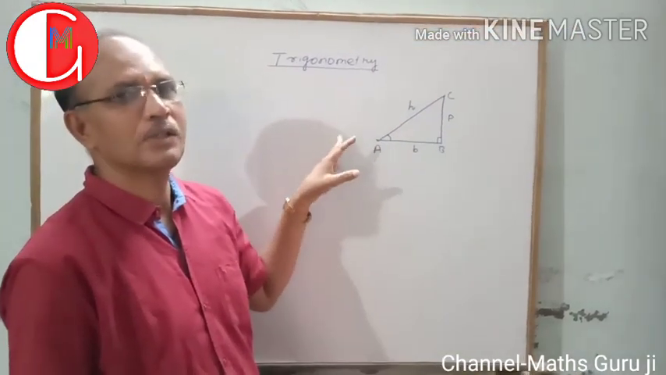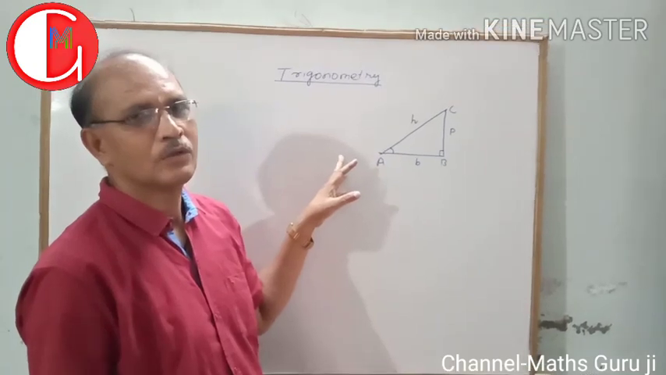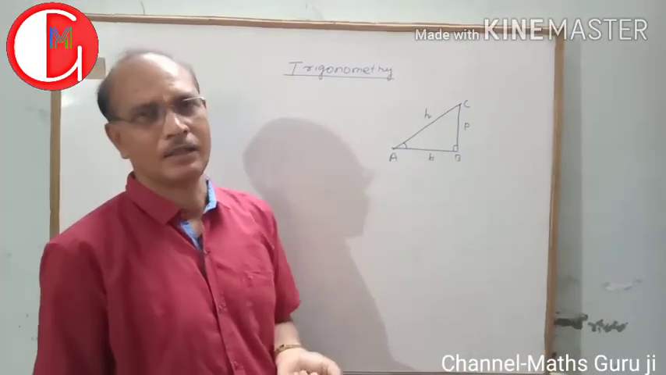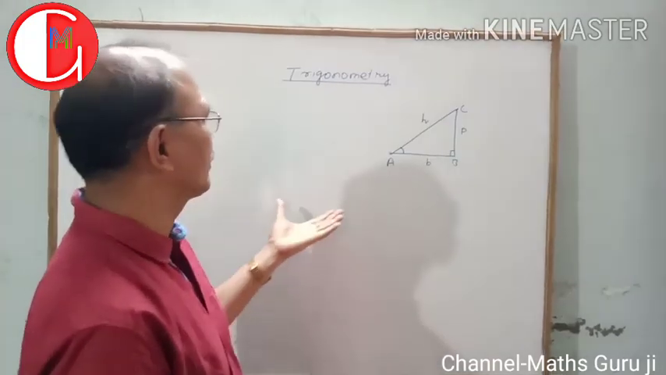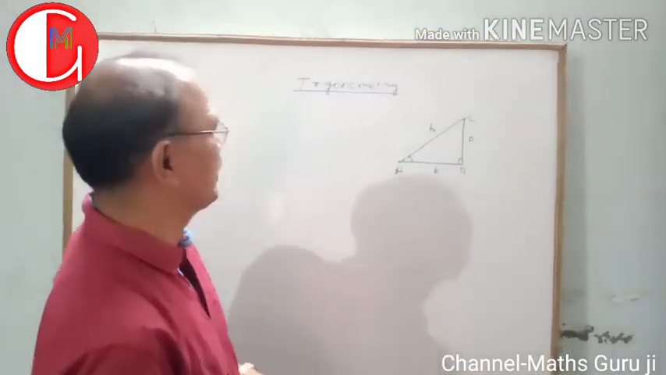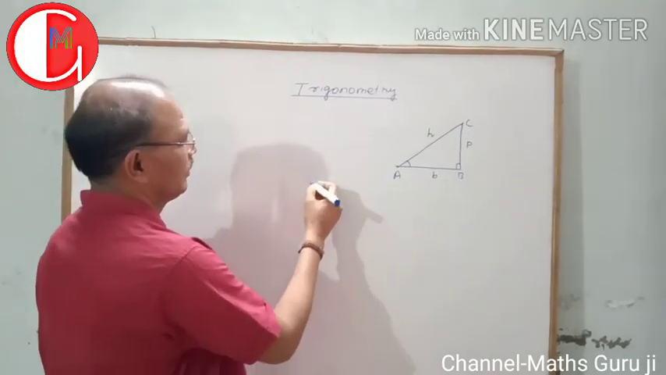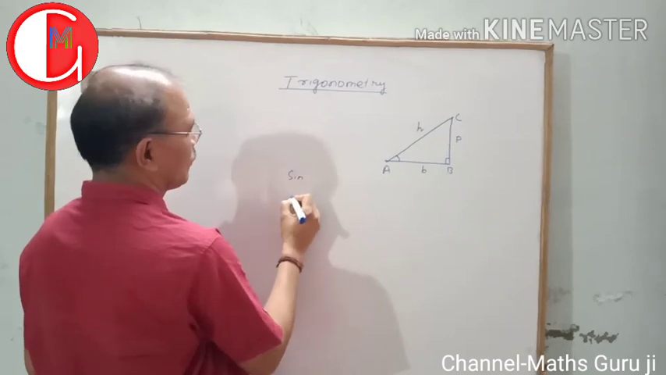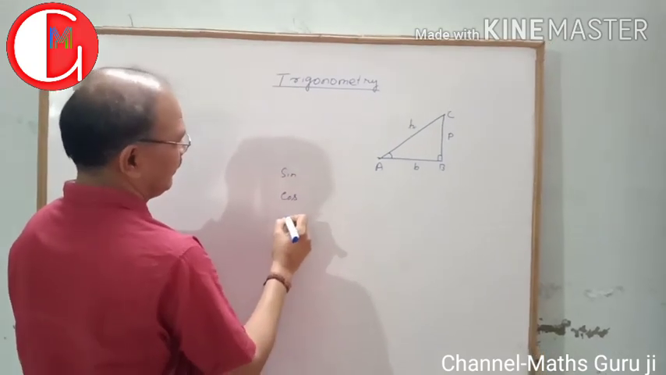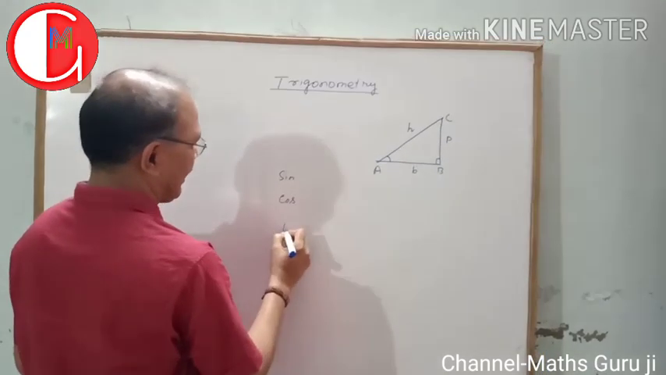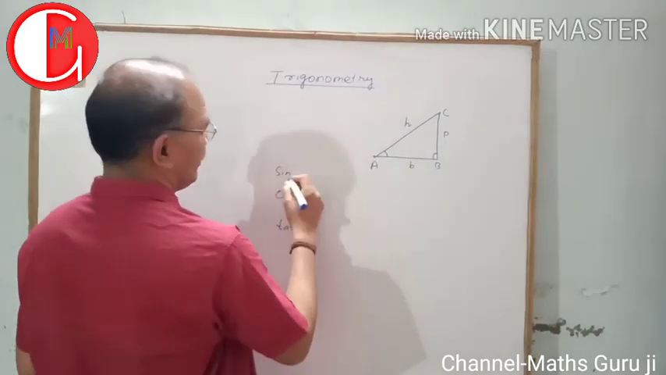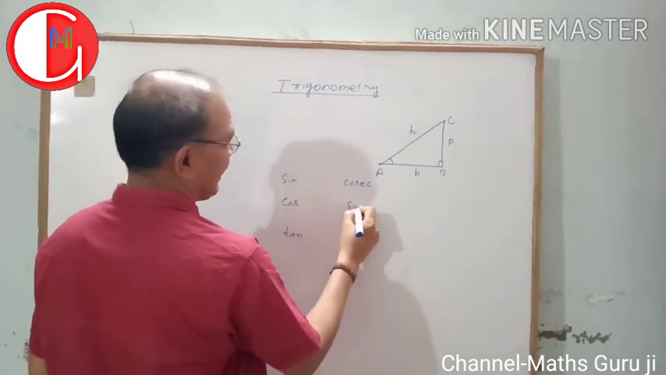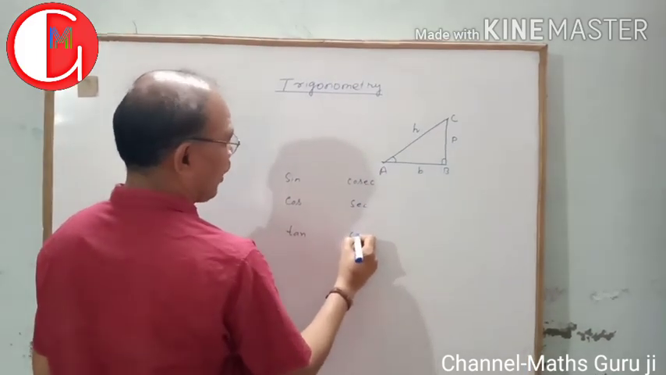त्रिकोणमिति में 6 निष्पत्तियां होती हैं, उसको त्रिकोणमितीय अनुपात कहा जाता है। तो इसके 6 निष्पत्तियों में से साइन, कॉस, टेन, टेकिंग इनवर्स ऑफ दिस कॉसेक, सेक एंड कॉट,